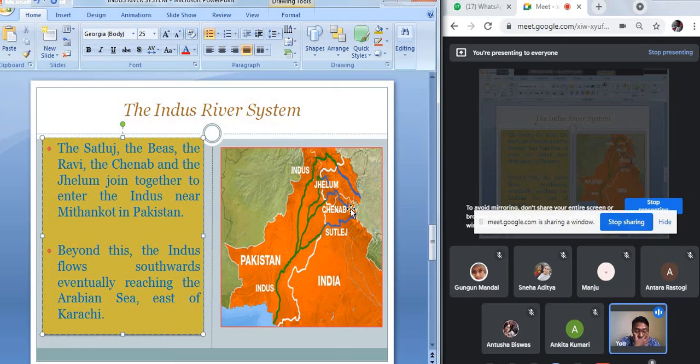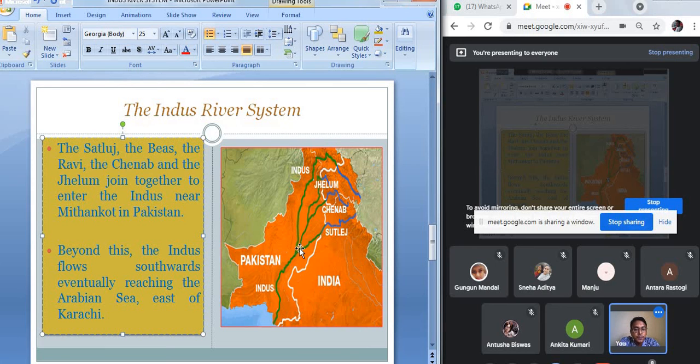That is the Jhelum, the Chenab, the Ravi, the Byas, and all. These rivers, after flowing through India, enter Pakistan, and in Pakistan the Jhelum and the Chenab rivers join together. The Satluj River is joined by the Byas and the Ravi River before this, and the Satluj then joins with the Jhelum and the Chenab, which are already joined together. And the water of all these five rivers ultimately joins the Indus River